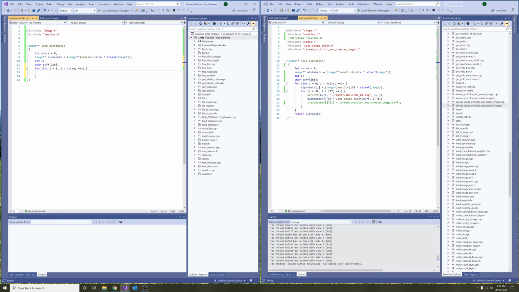Each pointer will be to an alphabetic sequence, so an array of image objects. So the jth pointer in the buffer pointed to by alphabets